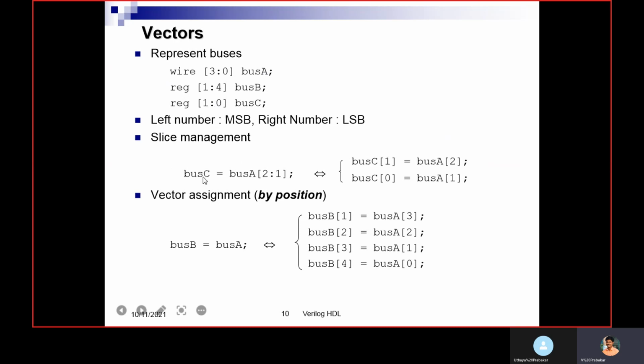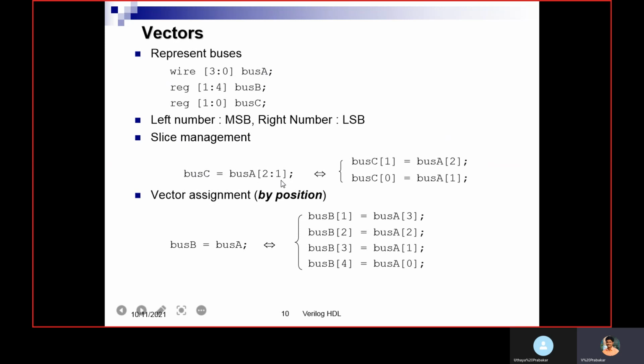Slice management. Now bus C equal to bus A[2:1]. Bus C is a 2-bit vector. For that I am assigning bus A[2:1]. Actually bus A is a 4-bit vector. I want to assign 2 bits of bus A to bus C. Bus C is actually a 2-bit vector, so I can assign only 2 bits to bus C. So I sliced it from bus A[2:1].